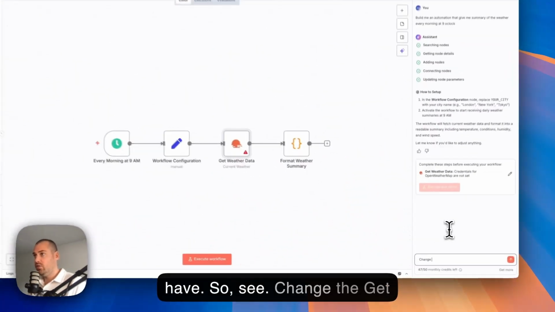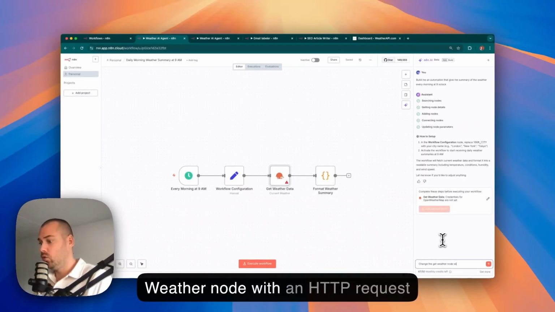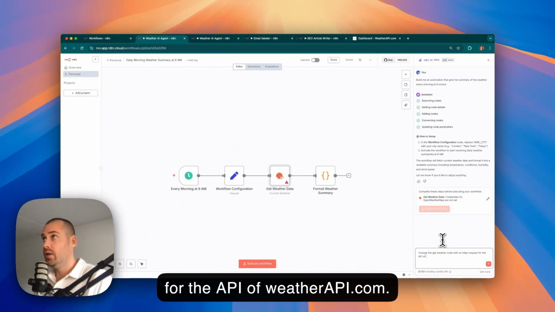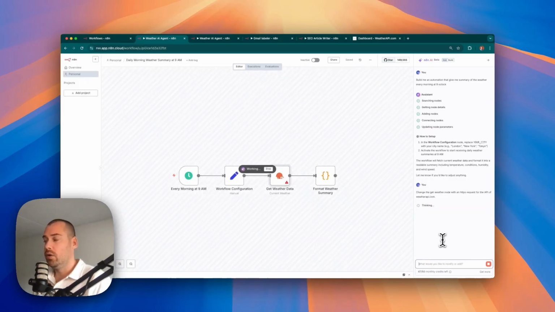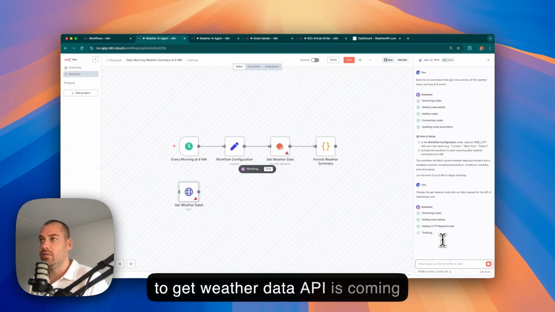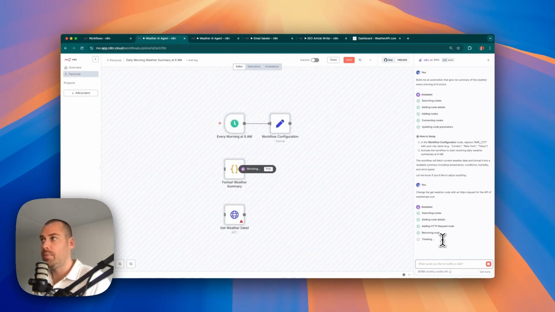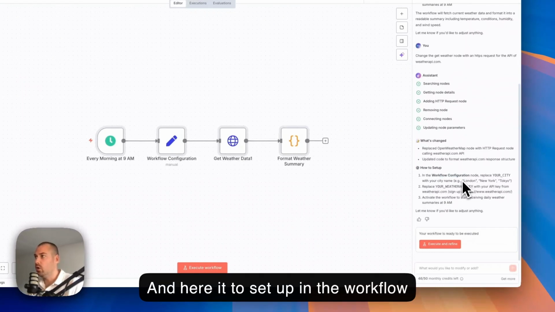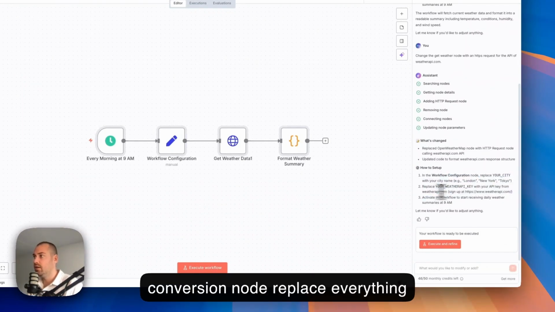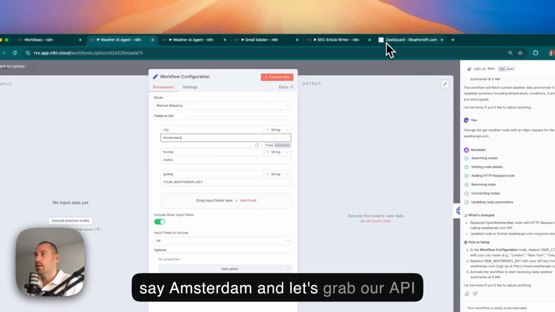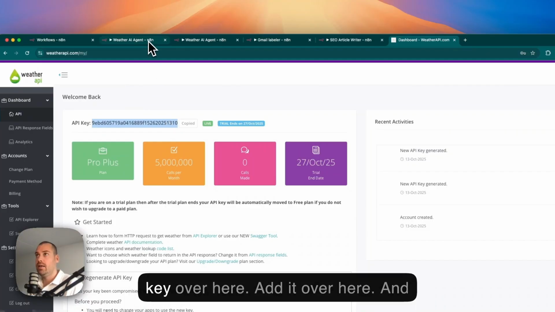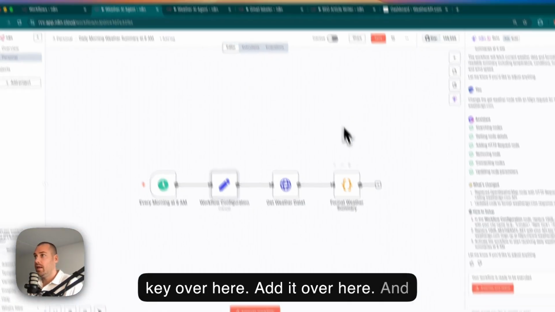So let's see. Change the get weather node with an HTTP request for the API of weatherapi.com. Let's see what it's going to do. So the get weather data API is coming onto the canvas, changing things up now. And here it is. How to set up: in the workflow configuration node, replace everything, the API key. So let's go to the workflow and let's replace this. Let's say Amsterdam, and let's grab our API key over here, add it over here,